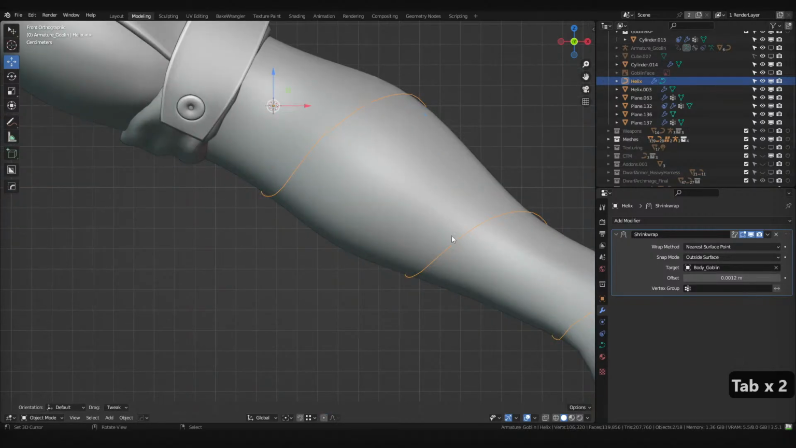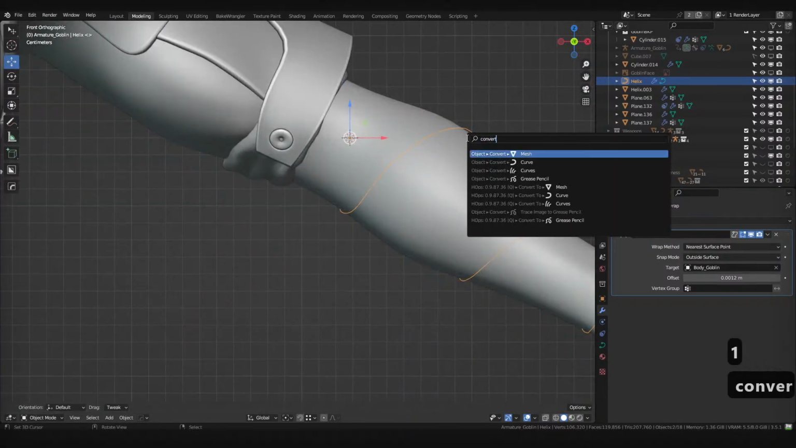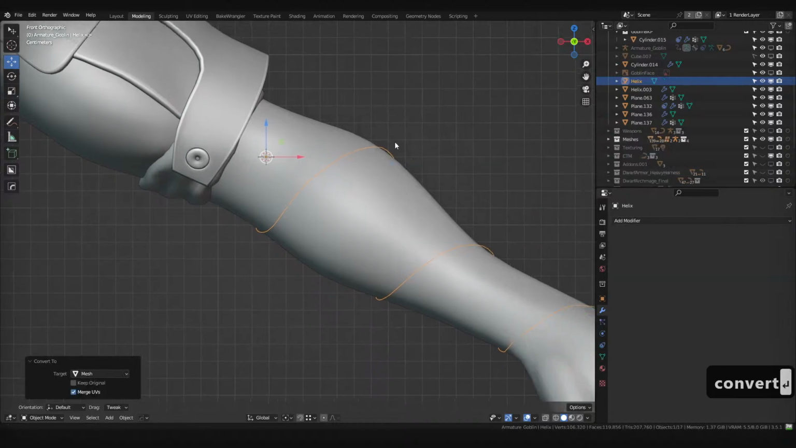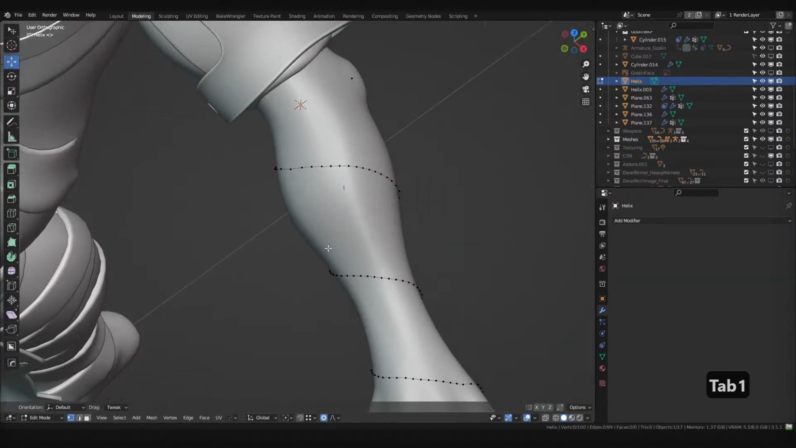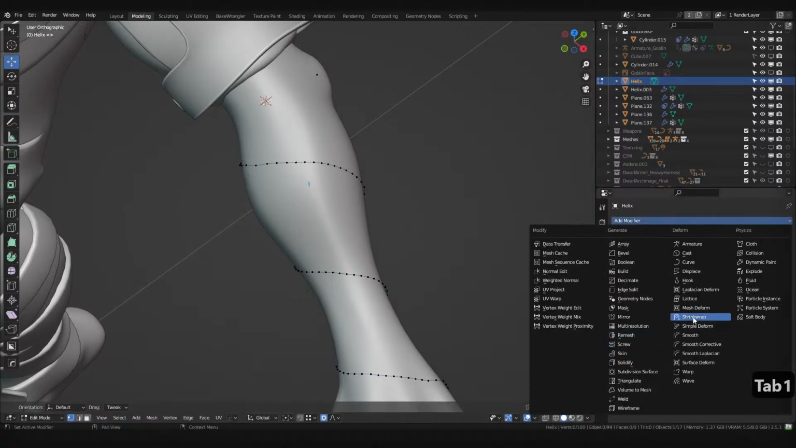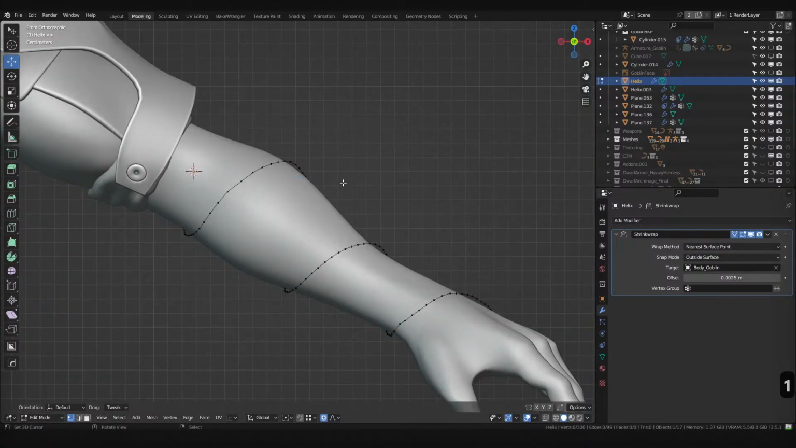I can actually just straight away convert this to a mesh. So convert to mesh. Now these are vertices, it's not a curve anymore. Let's re-add our shrink wrap modifier back. Wrap it around that. We want to go outside surface, give it that offset back. I want to actually see what the vertices are doing now,